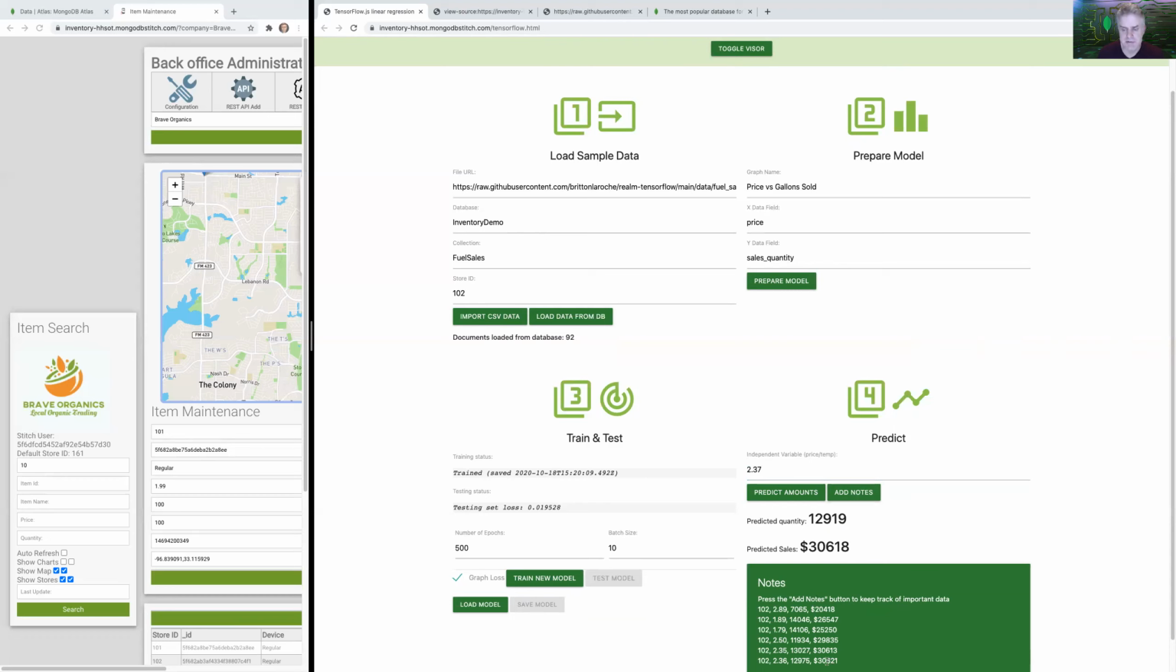And just by running machine learning, we're able to actually increase profits at this one particular store by $4,000 a day. So machine learning is definitely worth it for Brave Organics. It's a good investment. Now that we've done this, they may ask us to do something else, like, well, let's